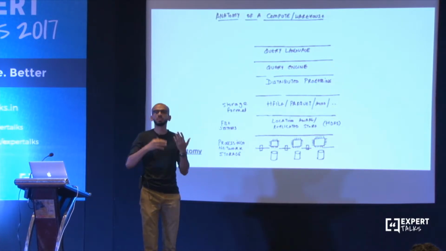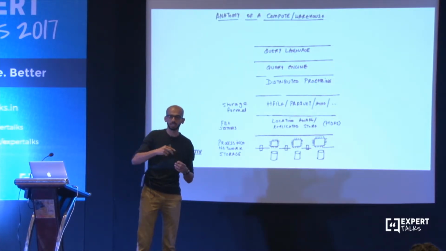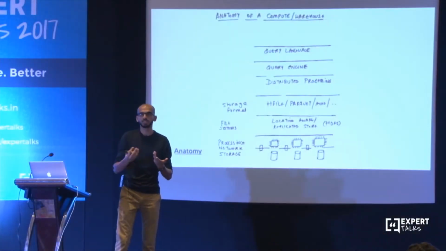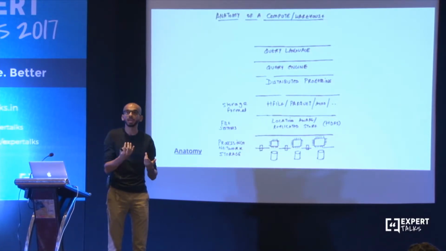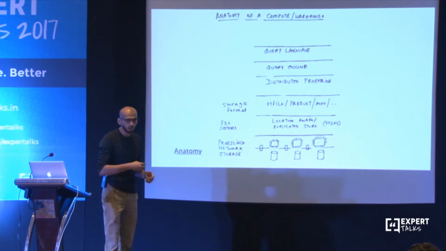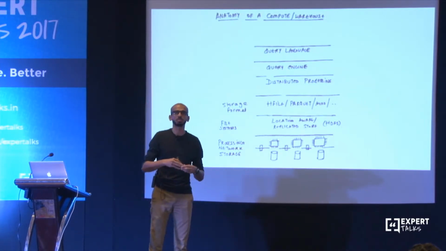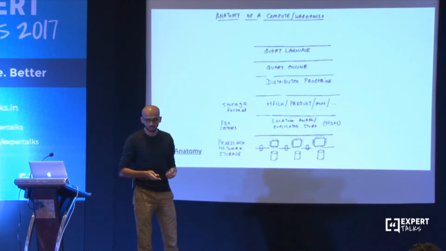So if that quickly explains what column storage is, I'll be more than happy to answer your questions in detail, so please catch me outside or any one of my team members who are around here. Now, there are multiple storage formats which exist in form of H file for a system like HBase, or Parquet or Avro, and all these are storage formats that have been optimized for such larger workloads.